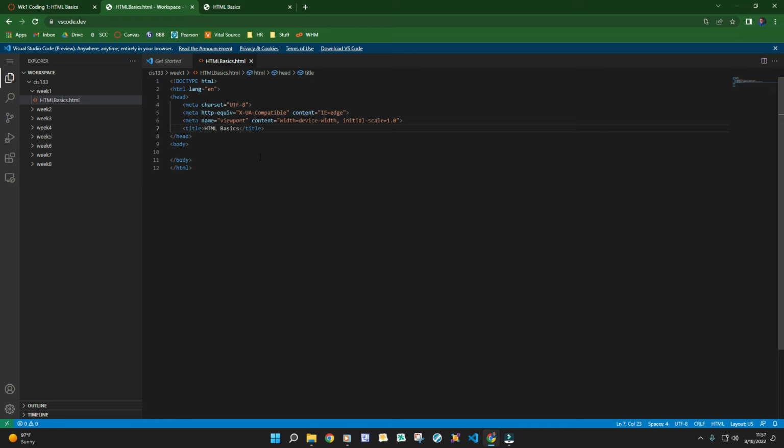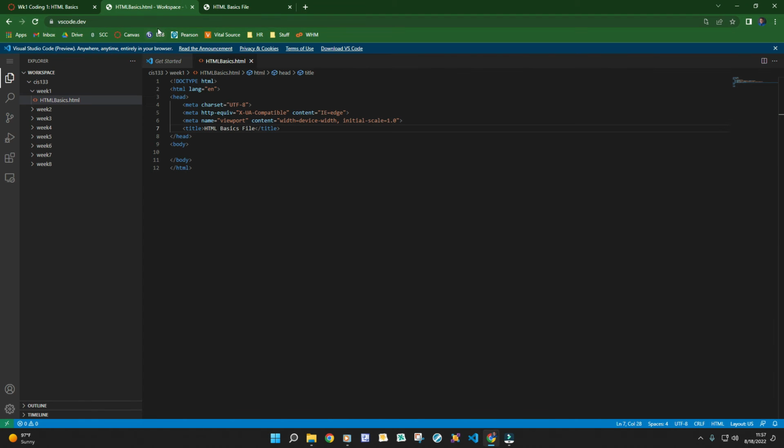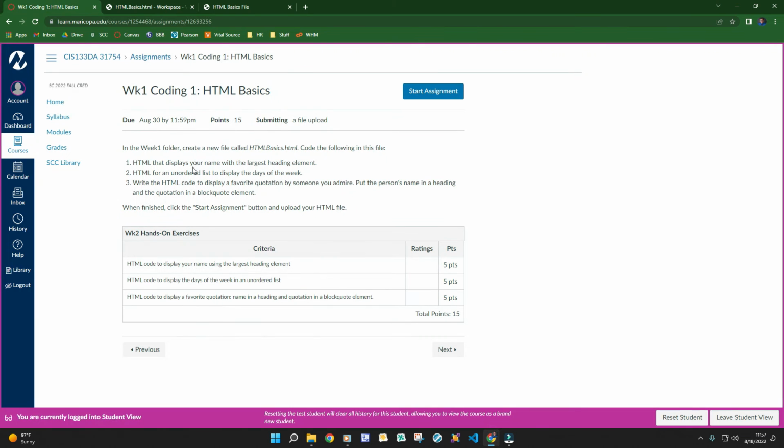Now, this is the save, switch, and refresh. Let's just say this is my HTML Basics file. I'm going to save, Control S, switch, and refresh. And notice now it says HTML Basics file. Save, switch, and refresh. So, if we go back to our directions, it says create code that does the following: